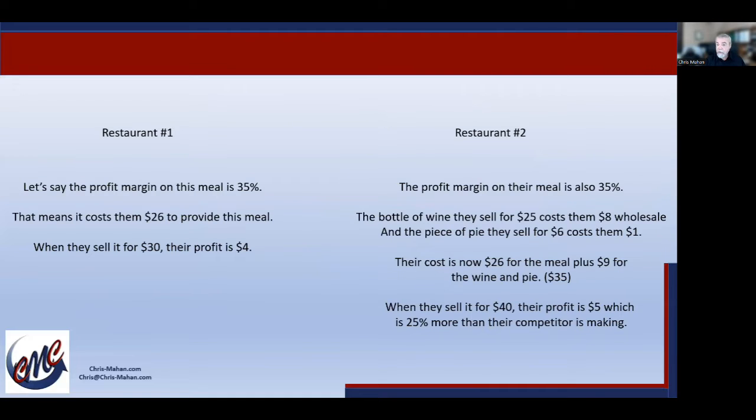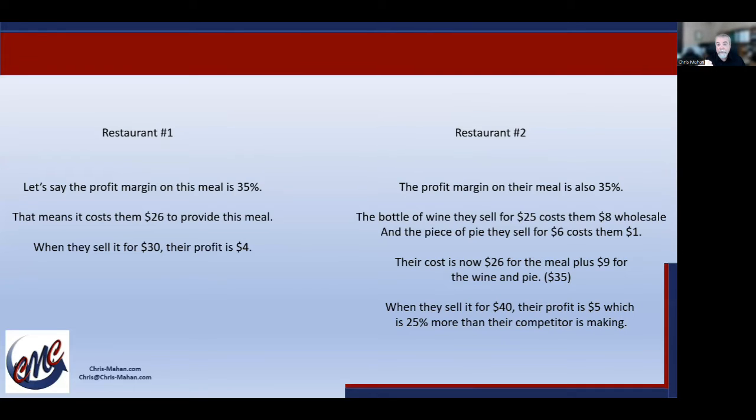Now, restaurant number two is also operating with a 35% profit margin on the steak dinner. However, that bottle of wine, which they normally sell for $25, only costs them $8 wholesale. And that piece of pie that they have on their menu for $6 costs them $1. So the cost to restaurant number two is $26 for the steak dinner, plus an additional $9 for the wine and the pie, making their total cost $35. When they sell that combo meal for $40, their profit per meal is $5, which, if you remember, is 25%